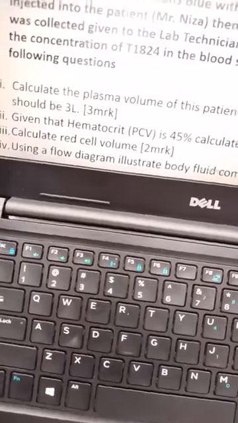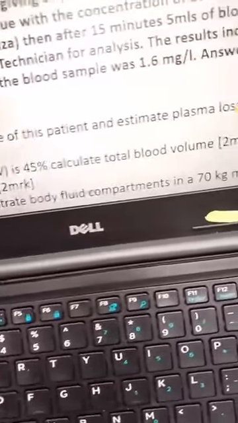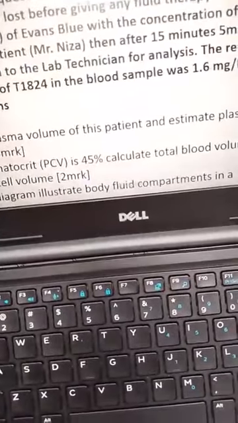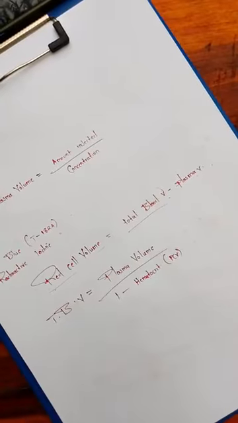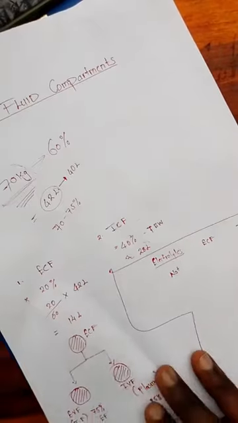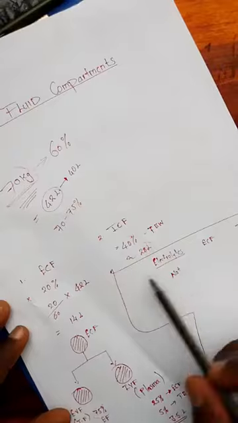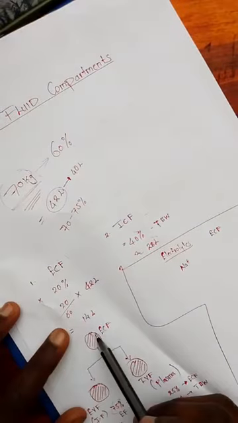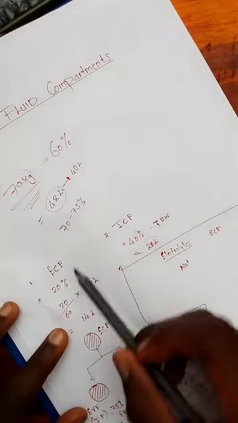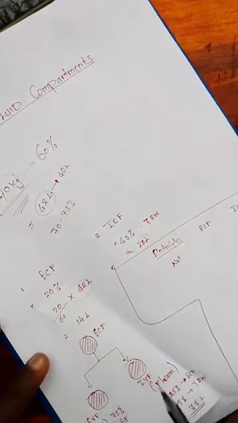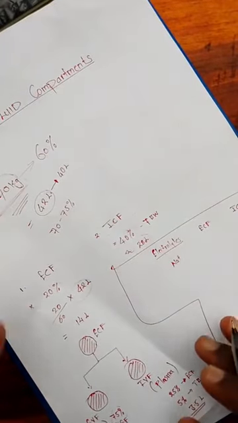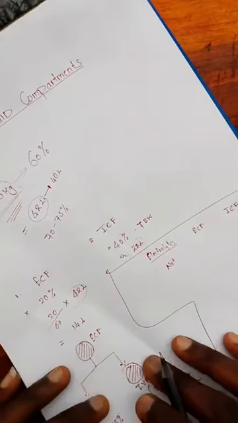Using a flow diagram, illustrate blood fluid compartments in a 70 kg man, 3 marks. So basically here what you have to do is use the same basic concept that we started with, saying that the extracellular fluid compartment consists of about 20% of the total body weight, of which that was given as 42 liters. Just the same information that you have here, we are now going to put it in the form of a flowchart